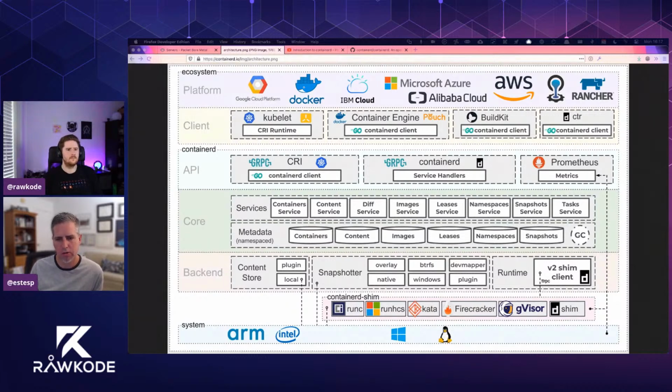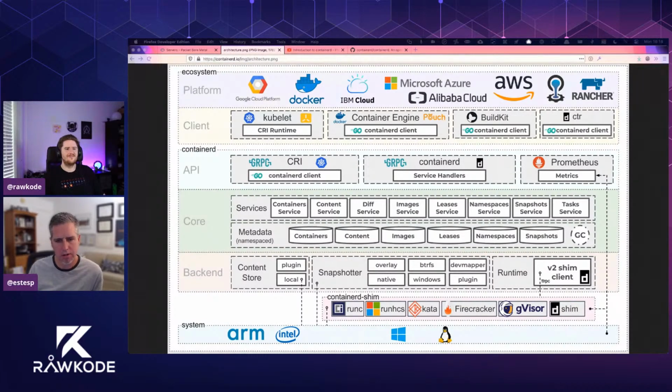Stepping to the right of that, when you actually run a container, I talked about shims. Obviously the most natural shim is to call runc. I'm on Linux. I just want Linux kernel-based containers. I just want runc to run my process with the isolation I specify. But because our shim API is pluggable and you can extend it and configure your own, this is where you see Kata containers or Firecracker or gVisor, or on Windows, the runhcs tool or shim that Microsoft has built to run Linux containers on Windows as well as Windows containers on Windows. So the shims are down there at the bottom.